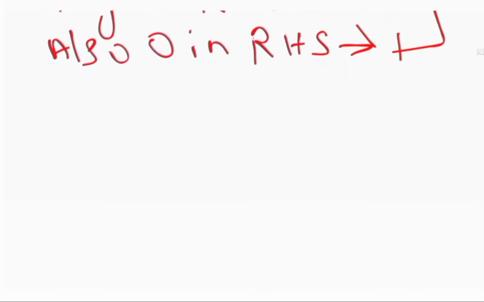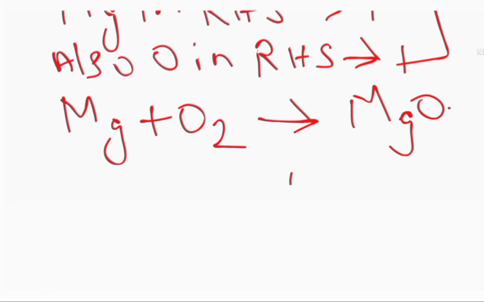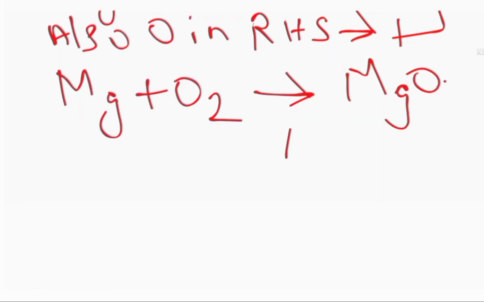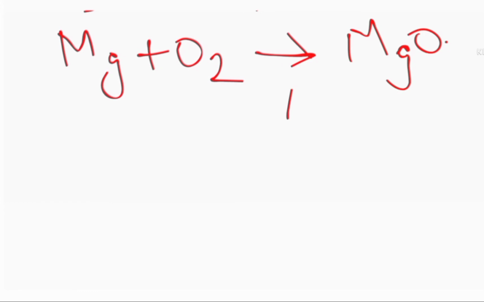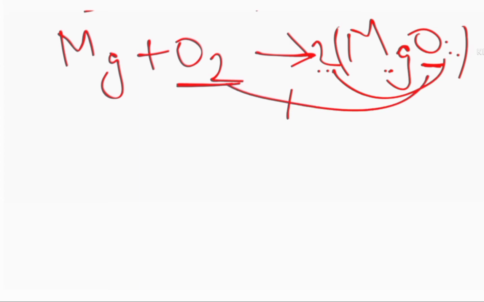So for balancing, we should write the chemical equation first. That is Mg plus O2 gives us MgO. O has two atoms on the left and 1 on the right, so we have to make it 2 atoms. So we will multiply this whole by 2. Then Mg will also become 2 and O will also become 2. O has balanced, but now Mg has not balanced, so multiply this also with 2. Now we will get a balanced chemical equation.